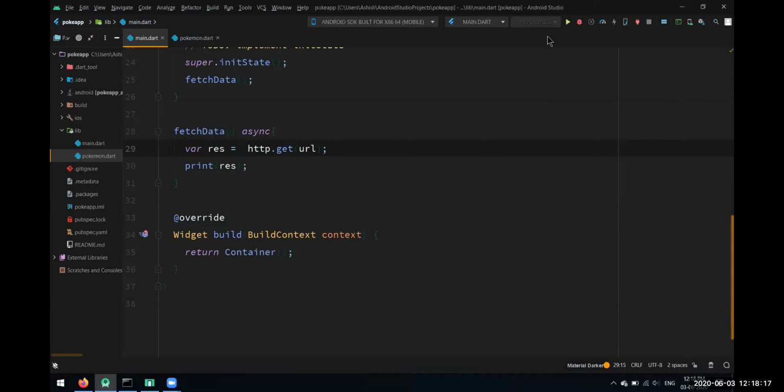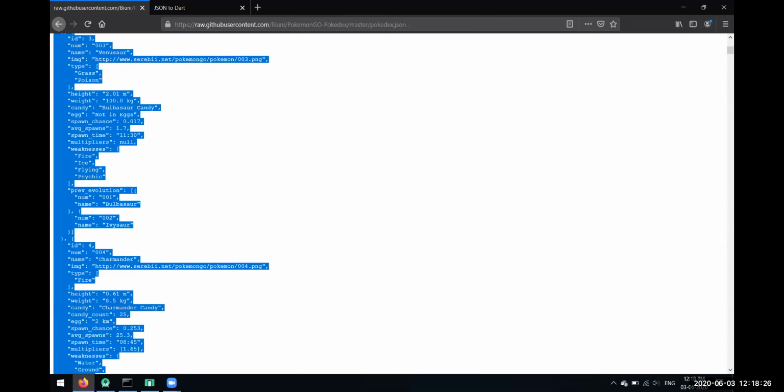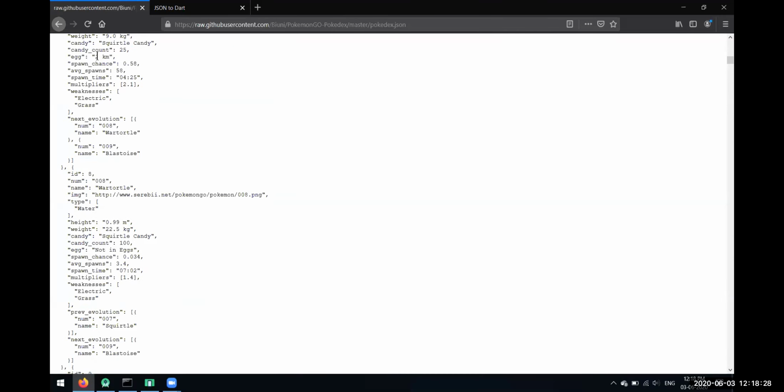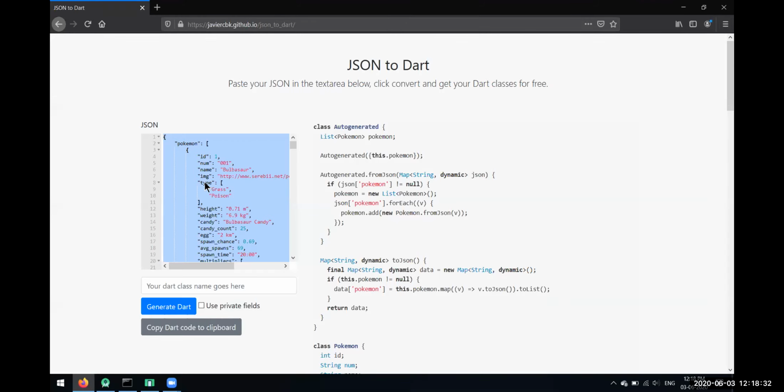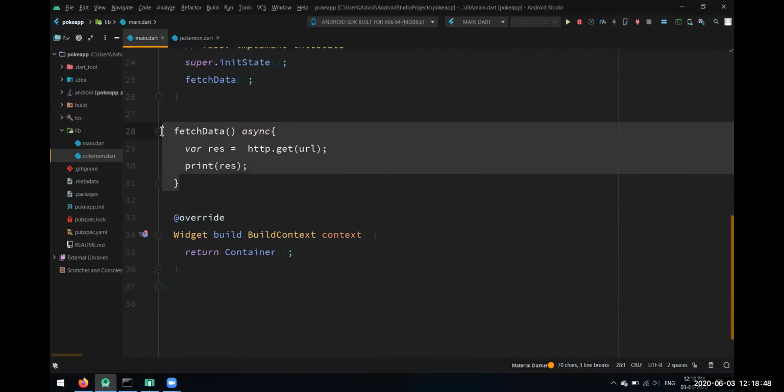What is the use of fetch data? We are hitting this Pokemon Go API, and we are going to get this data from there. We'll use this data in our app and build something out of it. Let's just follow along with me. Don't get confused for today. Just try to examine what widgets I use, what widgets would be useful for making such a thing. For now we are just making this fetch data method.